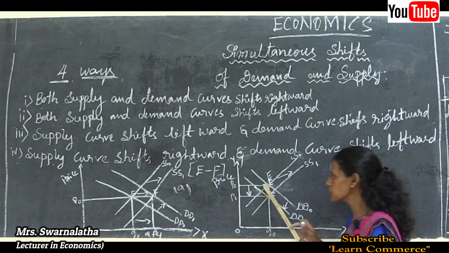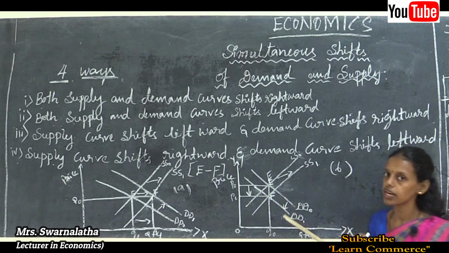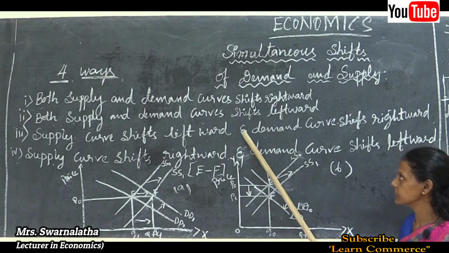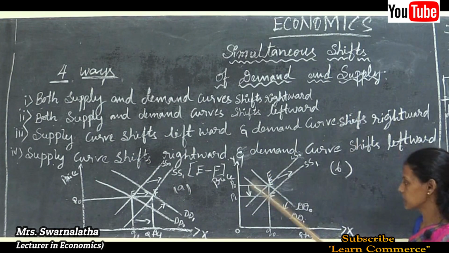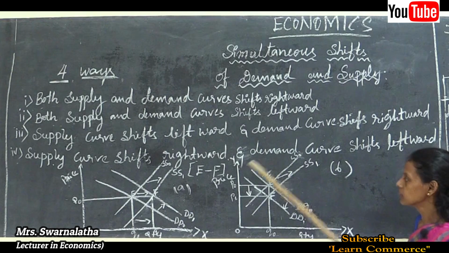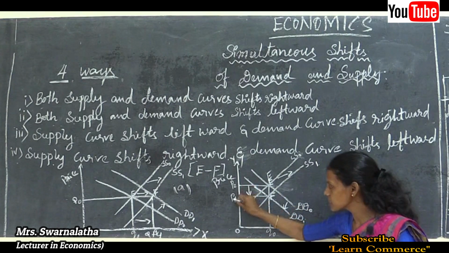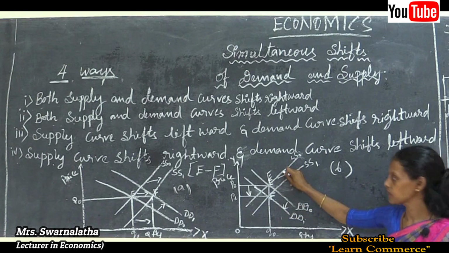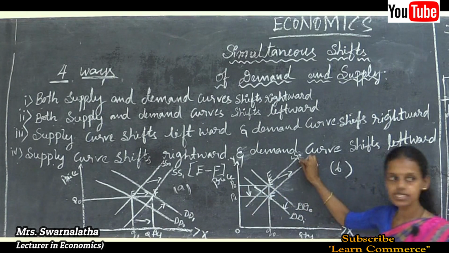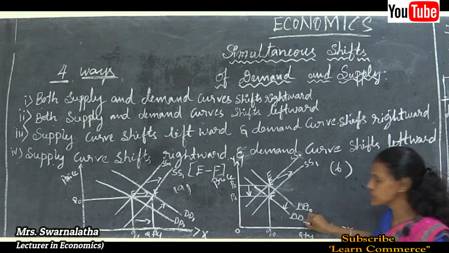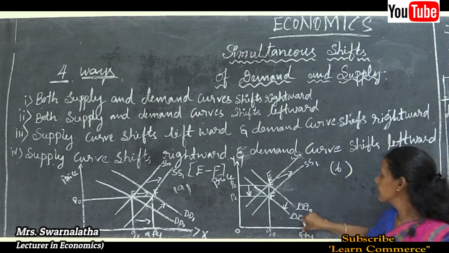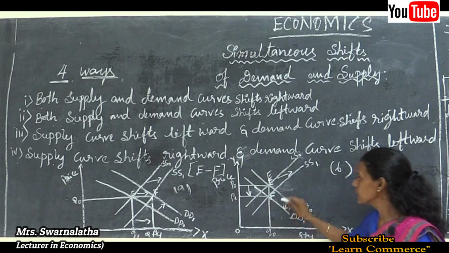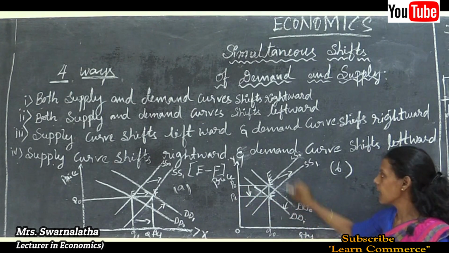That leads to a shift in the demand and supply curve. So, in the initial stage the supply curve shifts leftward and the demand curve shifts rightward. You can see here that changes in the price lead to changes in both demand and supply. So, the supply curve is SS0 and the demand curve is DD0. Here, a decrease in the price leads to an increase in the demand and a decrease in